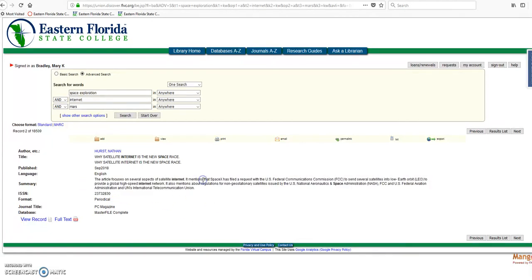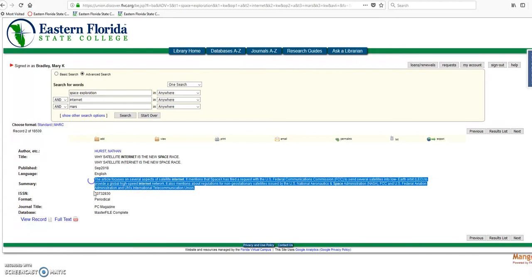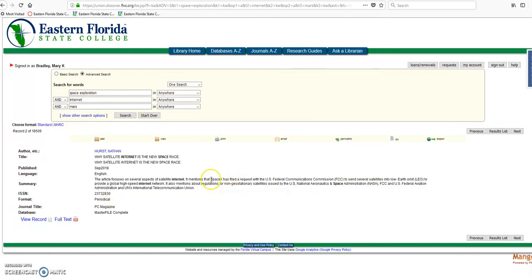Yes, it looks good. It looks like something that I am interested in writing research about. And now I even have maybe some other things. Maybe I want to include the term SpaceX in my next keyword search. So one of the things that I can do, and I want to show you guys, is